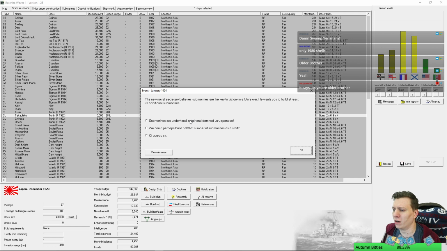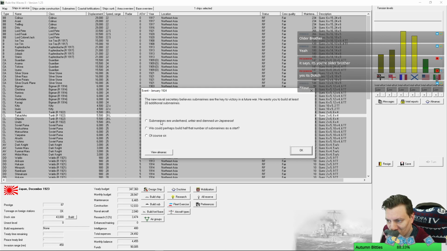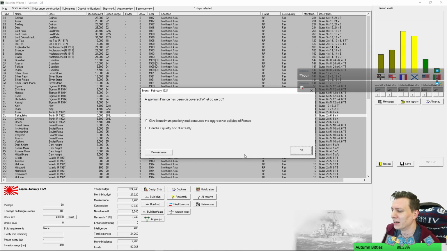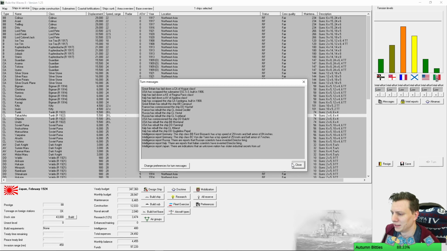No, fucking... Oh, God, but it's prestige, isn't it? Okay, so technically, the highest prestige option would be to say no. Oh, 347. Oh! 324. Spy from France has been discovered. Well, I am trying to go to war with France, so...